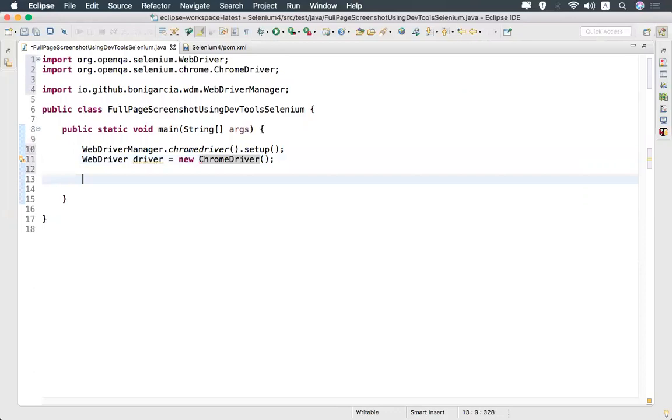So till here I have launched the browser. Now the simple code is ChromeDevToolsService.